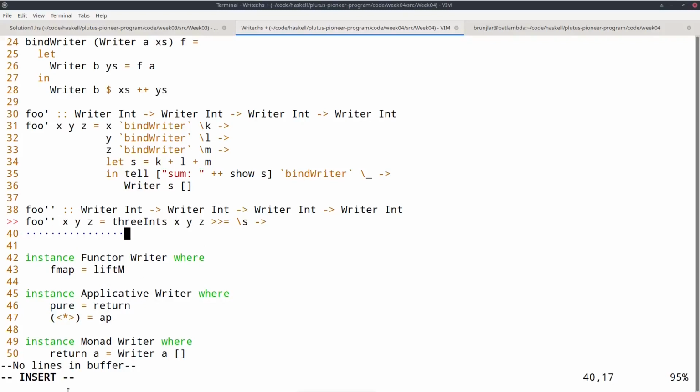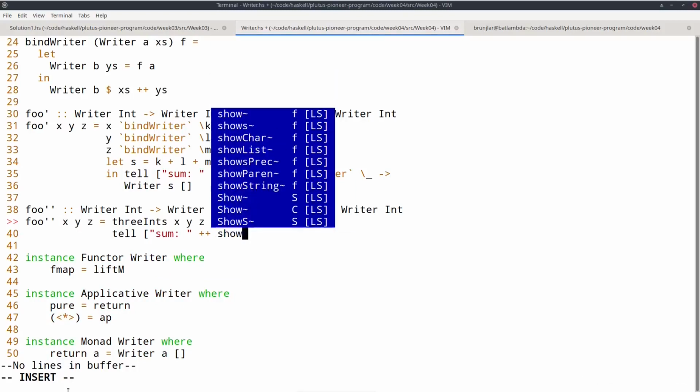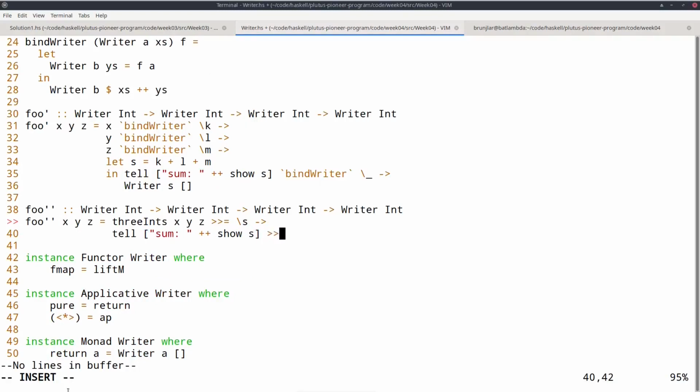And now I can do the tell sum, show s. The tell doesn't have an interesting result, so I could write unit here, or I can simply ignore it.